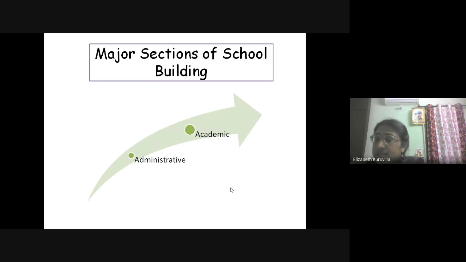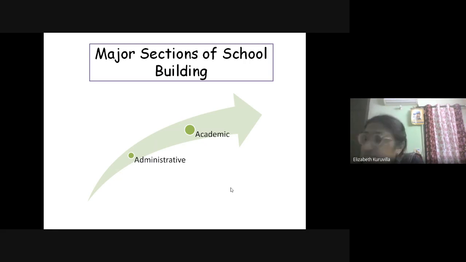So what all things come under the administrative section? They are the principal's room, the visitor's room, office room, record room, staff room, committee room, guidance and counseling room, accountant office, head clerk office, examination section. All these things come under the administrative. Then the gardens, lawns, farms, flower pots, creepers, decorative plants, all the spaces come under the administrative section.